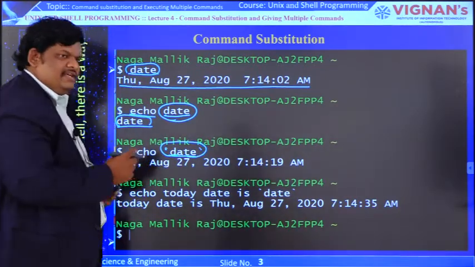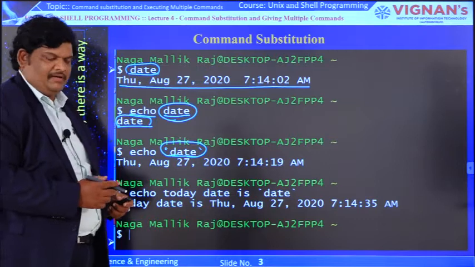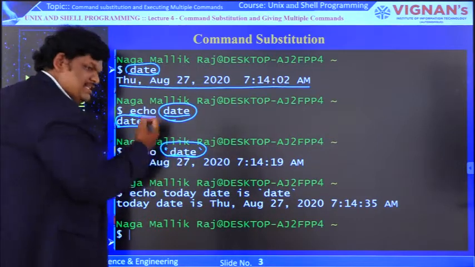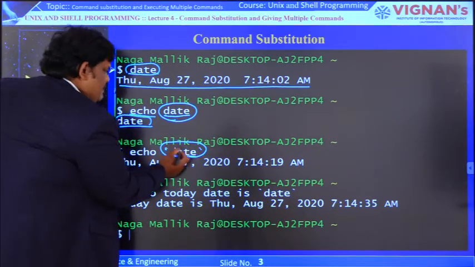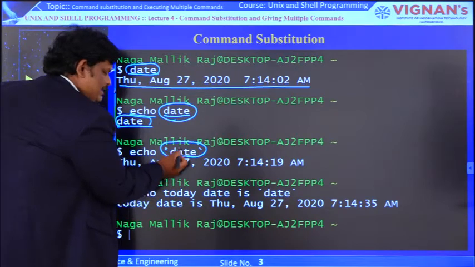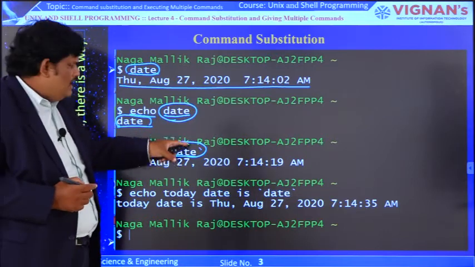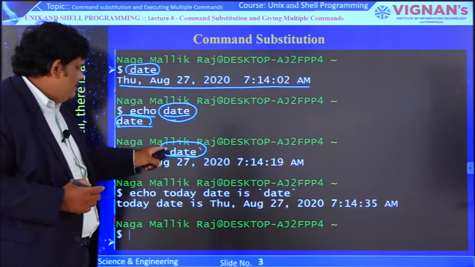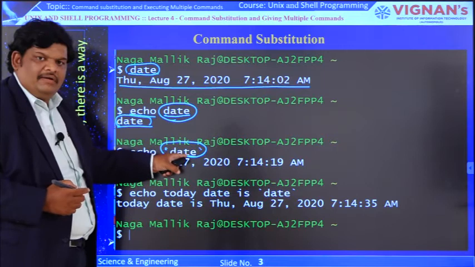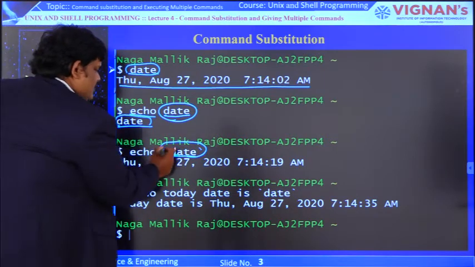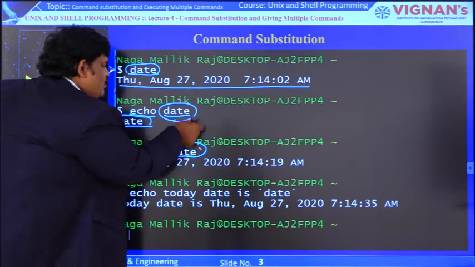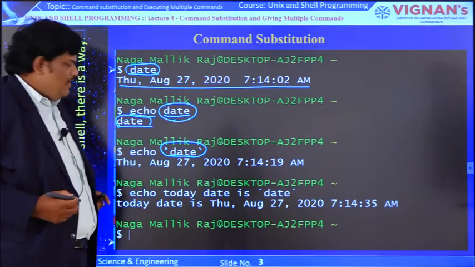First it will check whether any command substitution is there or not. Here yes, command substitution is there. Within the backquotes we have written one command, the date command. So first it will substitute the output of this command in place of the backquotes and command.